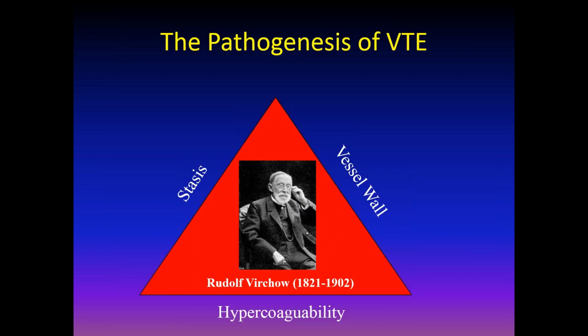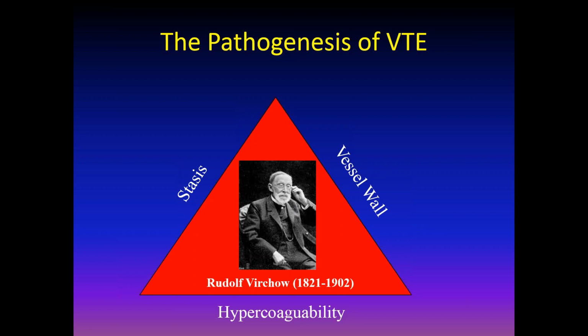Now, anytime you talk about deep vein thrombosis, pulmonary embolism, venous thromboembolism, I think it's always important to acknowledge our forebearers, the great thinkers in history who have thought about this. You really can't talk about it without mentioning Rudolf Virchow, who was a pathologist back in the 19th century in Germany, who first came up with the concept of pulmonary embolism. And in his honor, the main umbrella terms or pathogenic states that lead to clot formation have been designated as Virchow's triad, and you can see a depiction of that on the slide.